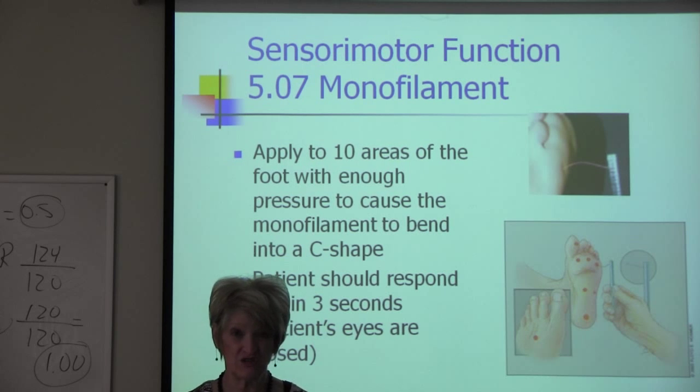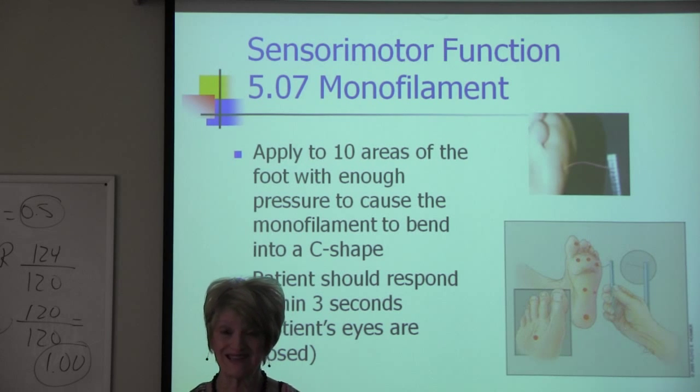And we don't wear that shoe the next day. But what if I didn't feel anything? What if I didn't realize that my shoes were too tight or they were rubbing? I would just keep wearing them and I would sustain tissue trauma. That's why it's called loss of protective sensation. You've got enough nerve damage that you can no longer protect your feet effectively. That's what the 5.07